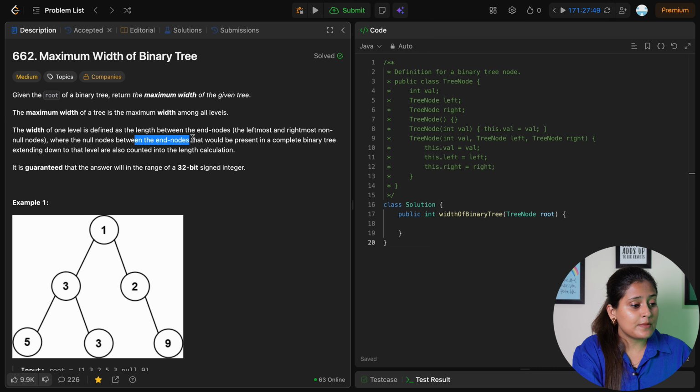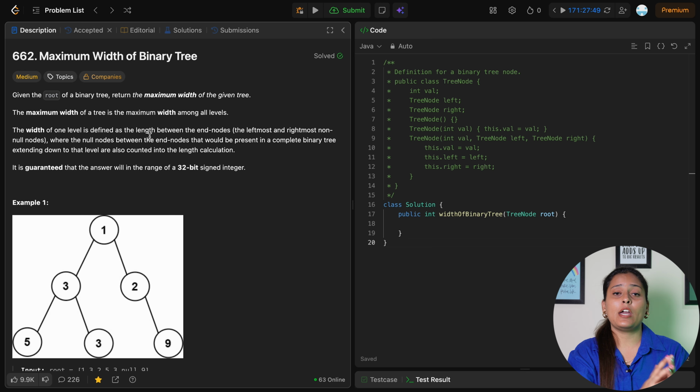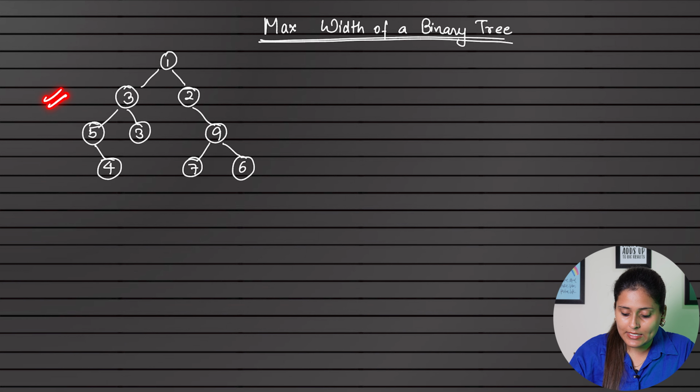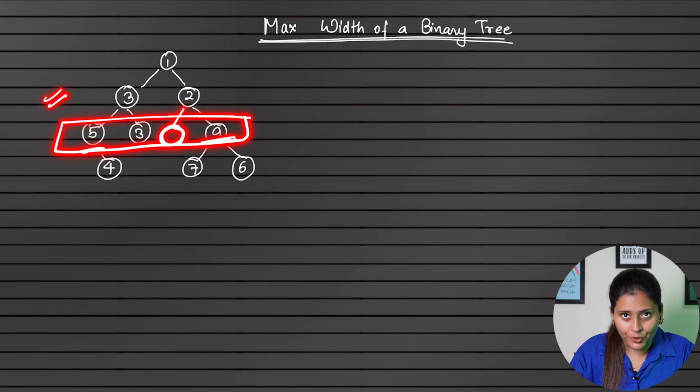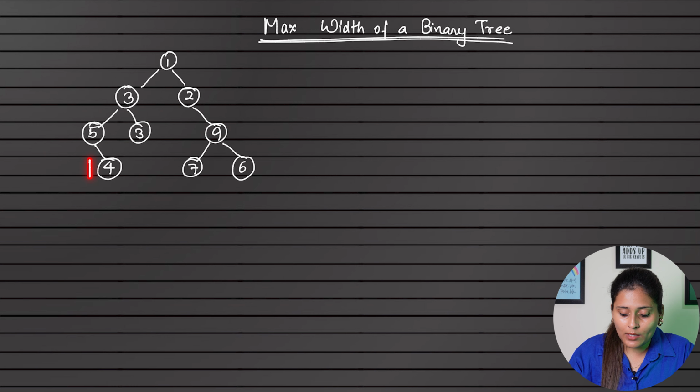Where the null nodes between the end nodes that would be present in a complete binary tree extending down also count, even if there are no actual nodes present between the leftmost and the rightmost. So here, as you can see, from the leftmost to rightmost, one more node was supposed to be present here, but as it is not there, still the width will be 4 and not 3. So basically it's not about the number of nodes in a level, but it is about how many nodes were supposed to be present. Even if it is null, we have to count that,